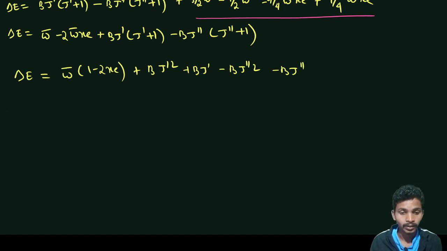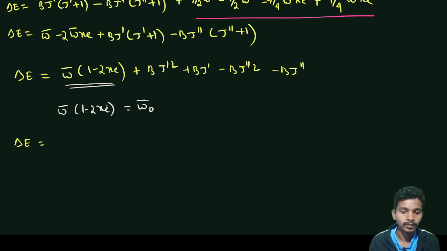Okay, and can I write this value as omega naught? So if I write omega 1 minus 2 xe equal to omega naught, then I can write delta E equal to omega naught